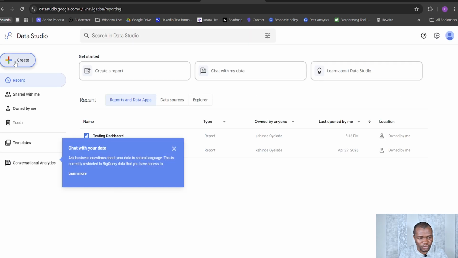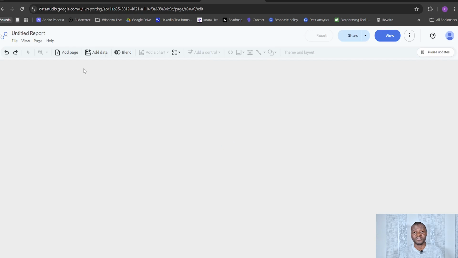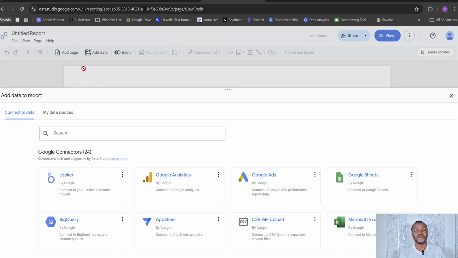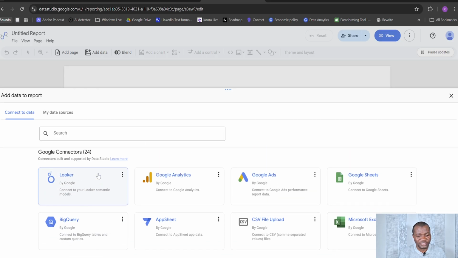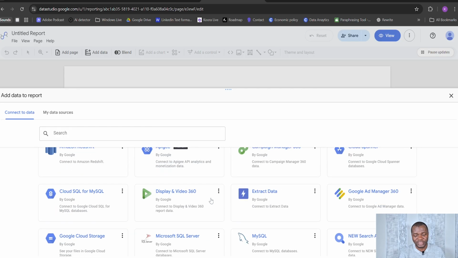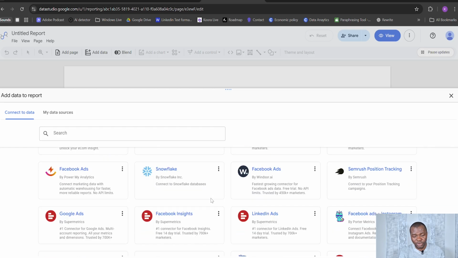Then I will go to create a dashboard, a report. But in your own case, if this is your first time using this particular tool, Looker Studio, you will be asked for certain information, such as registering and your email. Then you will get into this particular page that I am on. You will be asked, where is the source of your data? You can connect as many sources. There are many connectors in